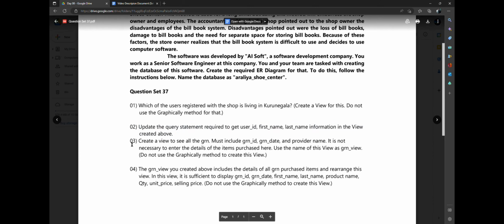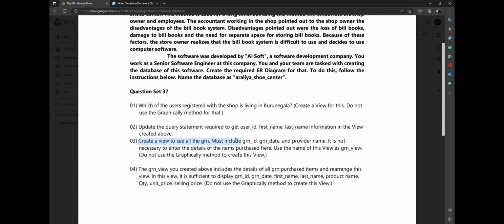Okay, so then question number 3, create a view to see all the GRN. It must include GRN underscore ID, GRN date and the provider name. It is not necessary to enter the details of the items purchased here. Use the name of this view as GRN view. And again here we are not supposed to use the graphical method to create this view. We are not supposed to show it from our graph. Okay, then question number